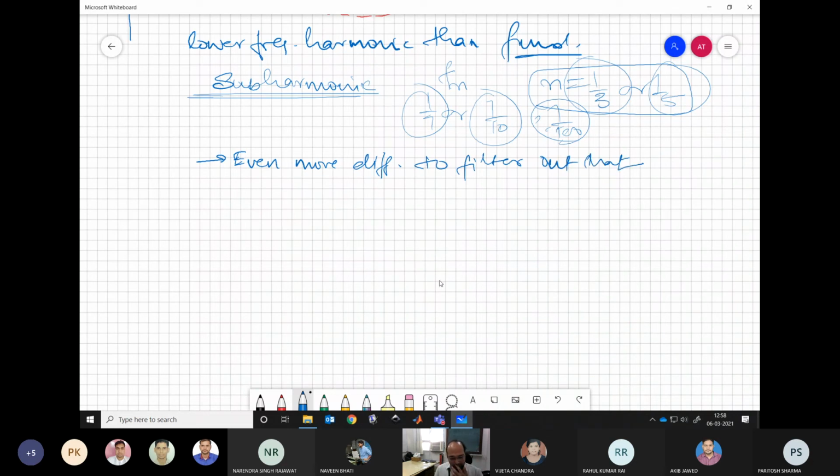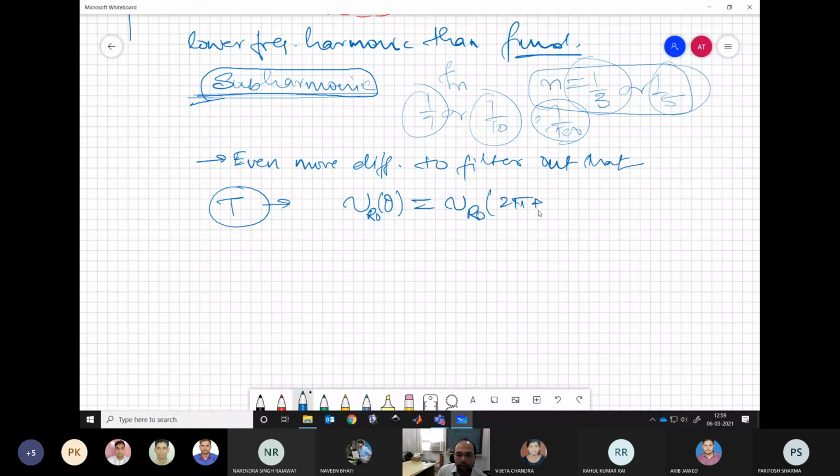So we must avoid these subharmonic frequencies in our system. How can we avoid them? If we maintain the repeatability of the waveform after every time period T. So in short, any VRO that we are generating must be equal to VRO(2π + θ). This is the first condition which we must fulfill for any